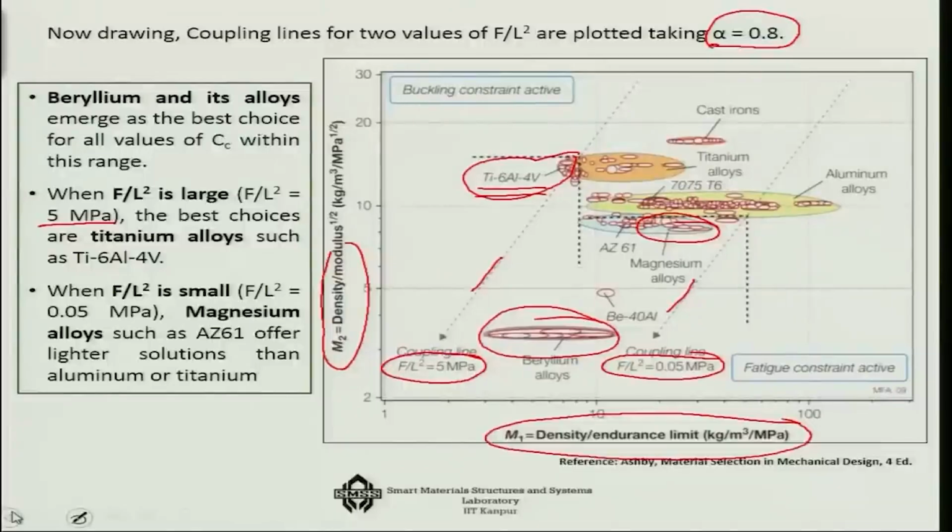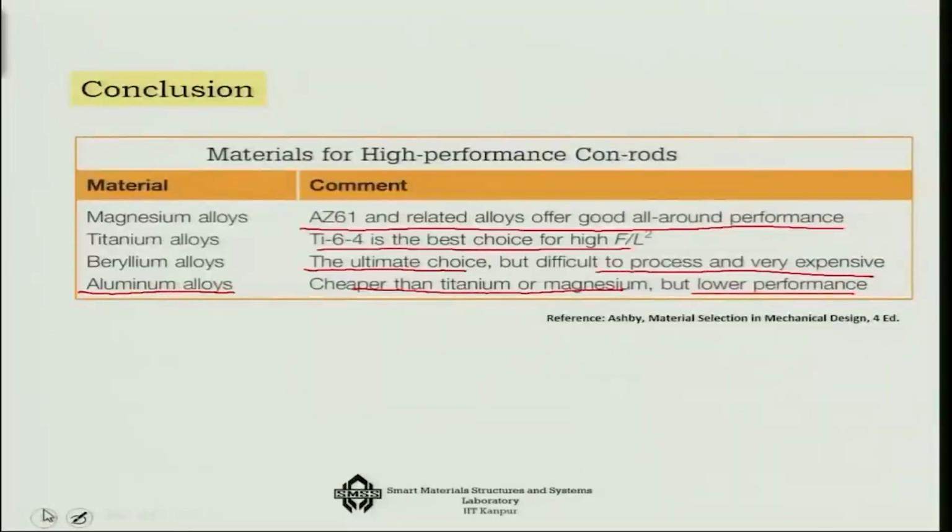As you can see here, aluminum alloys are somewhere in this region. For low pressure values they are not bad, because some good quality aluminum alloys can indeed satisfy our criteria, but of course aluminum is expensive. In comparison to titanium or magnesium, they could be cheaper, but their performance is lower; titanium gives you the best performance, at least in terms of the buckling parameter. So, this is our final conclusion, and we can